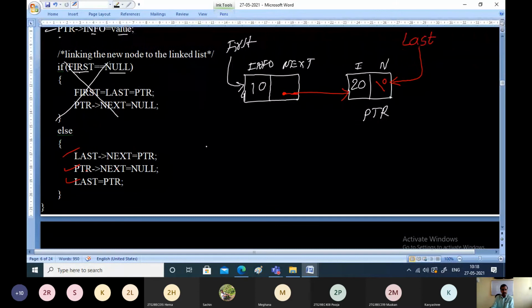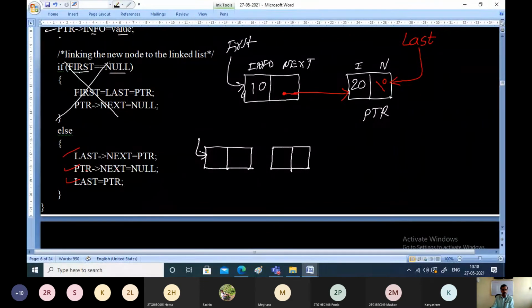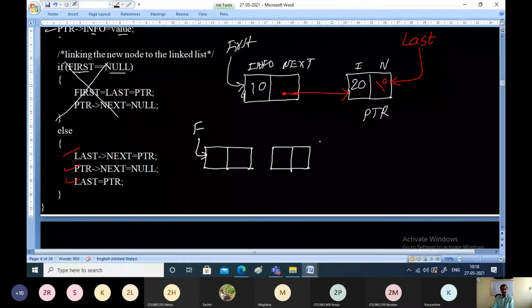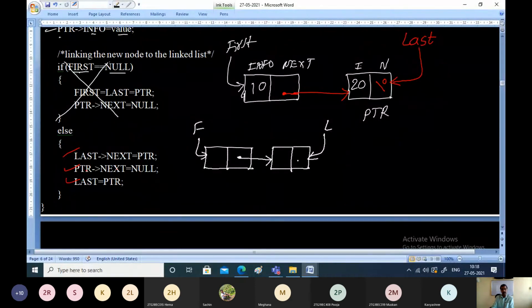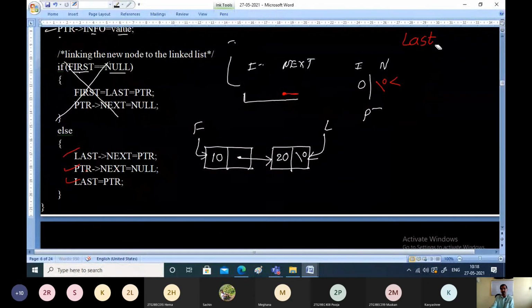Two elements we have successfully inserted: first, last, containing null, 10 and 20.